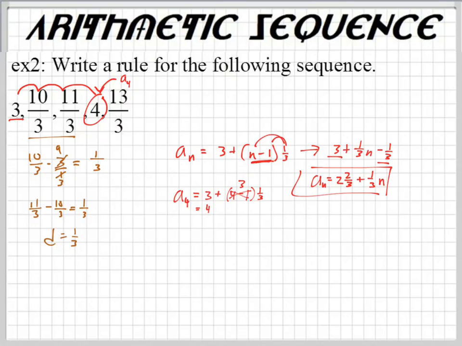That's my rule. Wait, we're not allowed to have improper fractions? No, you can have improper fractions. I think mixed numbers are easier to add and subtract, though. Actually, no, take that back. Mixed numbers are normally easier to add with. Subtracting sometimes is a little more difficult. If you want to, you can make them improper fractions and subtract that way. And you can leave the answer with an improper fraction too. I don't care. Well, like on our first